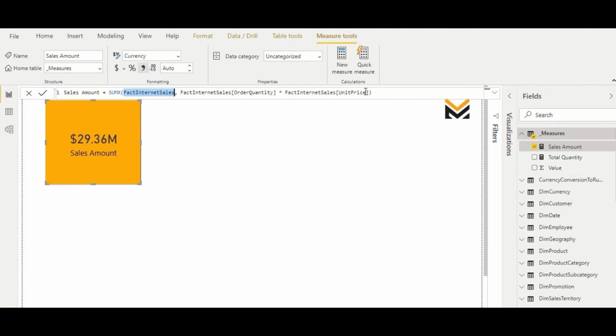So friends, one very important point to remember here: you can create a row context programmatically using iterator functions, and this is the only way to create a row context. Filter context can be created in many other ways, like using a slicer, a page level filter, a report level filter, or a visual level filter.